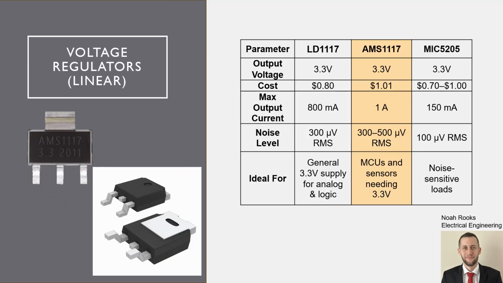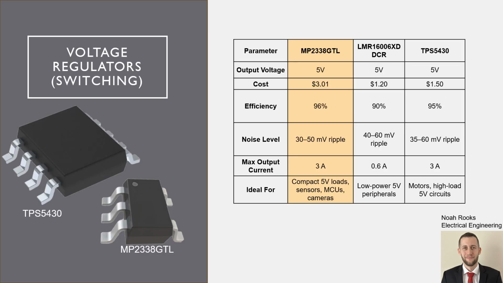In selecting our 3.3 volt regulators, we decided to go with linear, more specifically the S.E.E.M.S 1117. Following the datasheet, we found that it offers low noise output, which is perfect for components like our ESP32. In selecting our 5-volt regulators, we decided to choose switching regulators. More specifically, the MP2338GTL, a regulator with up to 96% efficiency seen from the datasheet, and a compact design,